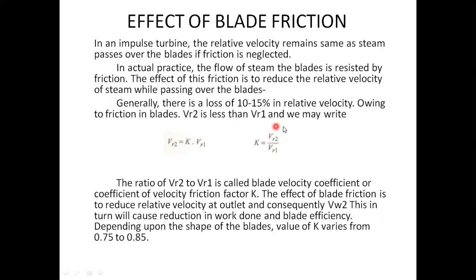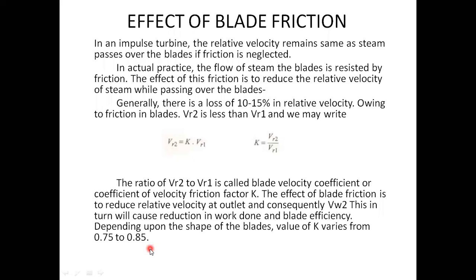VR2 is less than VR1, and we may write VR2 equal to K VR1, and K equal to VR2 upon VR1. The ratio of VR2 to VR1 is called blade velocity coefficient or coefficient of velocity friction factor K. The effect of blade friction is to reduce relative velocity at outlet and consequently VW2. This in turn causes reduction in the work done and blade